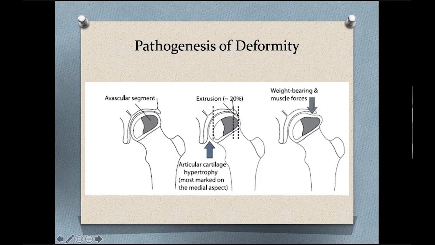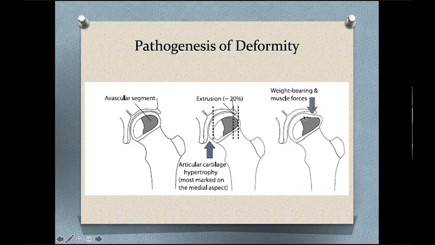As you see here, more than 20%, there is an extrusion of the femoral head from the edge of the acetabulum. But when this extrudes outside, the bone is soft, then it produces a pressure area. This is the edge of the acetabulum, which produces a pressure area here, and it causes the deformation. And if deformation occurs here, in the long term it produces a deformed femoral head, and then there is early regeneration. This is not only because of the weight bearing, but the muscle forces acting on the flexion and extension, over 360 kilopascal pressure on the femoral head, and the edge of the acetabulum produces a dimple here, and this dimple causes the bilobed head or a saddle type